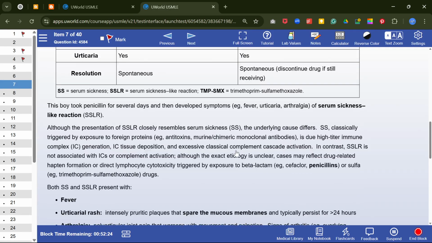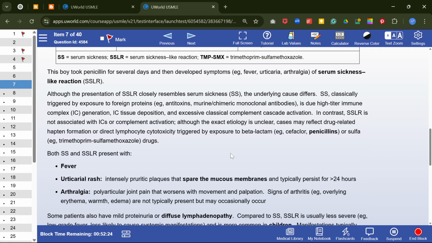This boy took penicillin for several days and then developed symptoms: fever, urticaria, of serum sickness-like reaction. Although the presentation of serum sickness-like reaction closely resembles serum sickness,